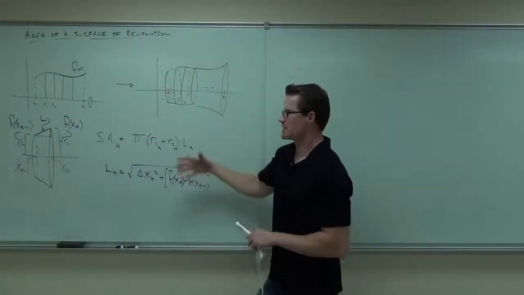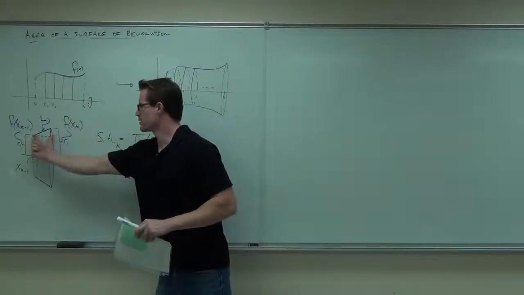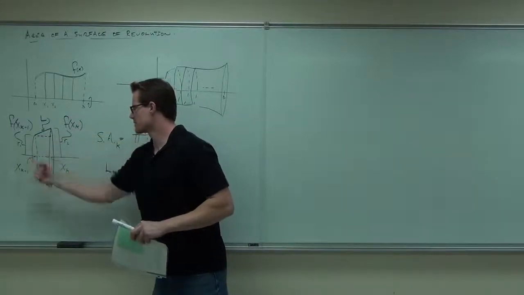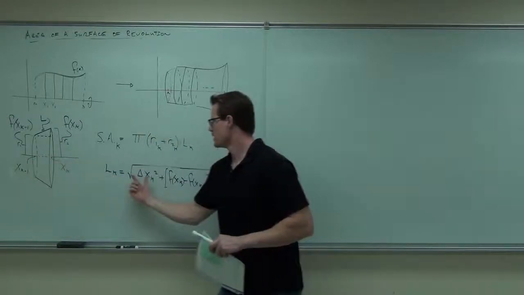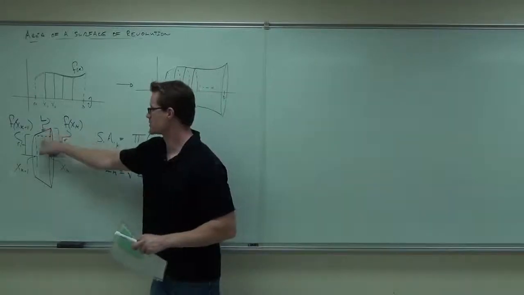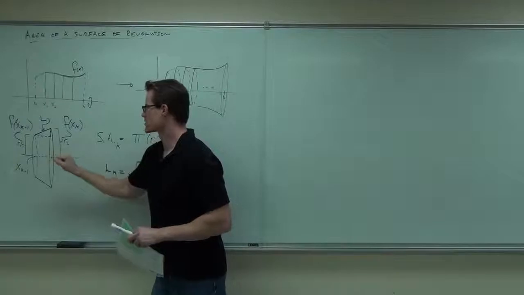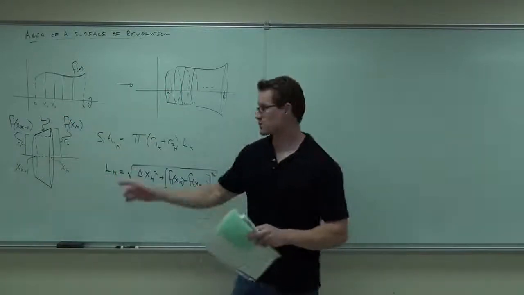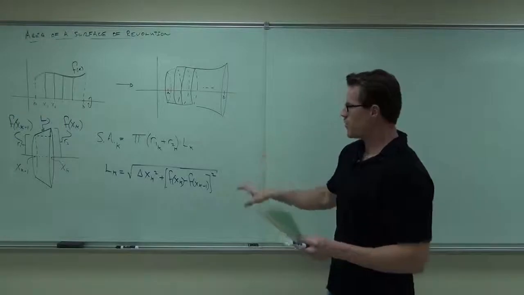So we have this, and then you square it. Pythagorean theorem, square it. Square the height, square the length. This would be delta x squared. That's the change from x sub k minus 1 to x sub k, and then take a square root of it to find the length. So Pythagorean theorem, leg squared plus leg squared is hypotenuse squared: subtract, square it, subtract, square it, and that's the L. The subtraction here is what's giving you delta x. So if we substitute all of this in,